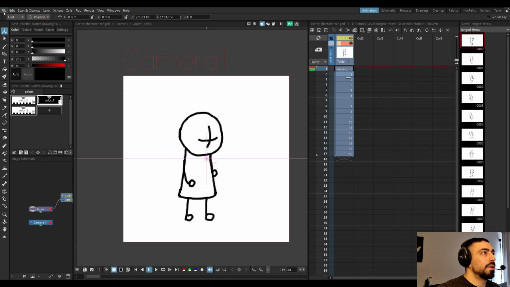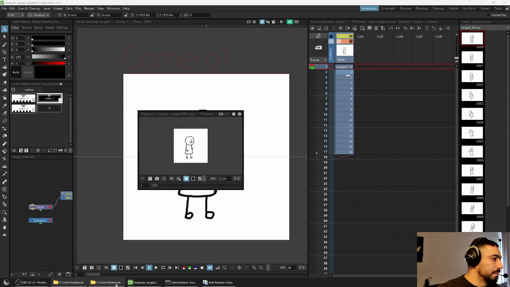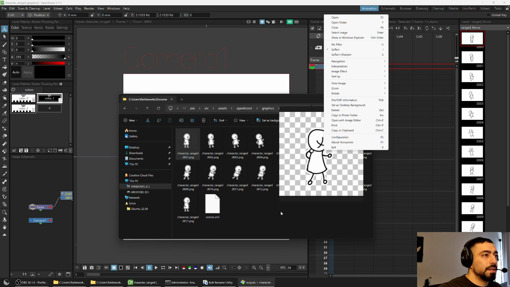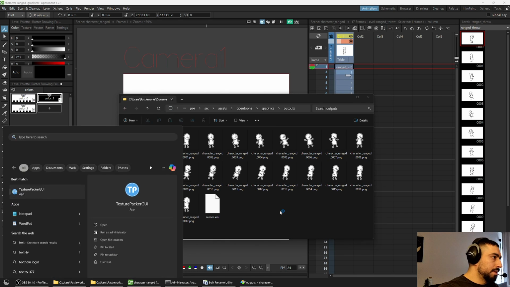And now we can export. No, we should render it out. And then we can see what it looks like. It should have an outline now, which it does. Yeah, this is very neat. This is very cool. Now, next thing I'm going to do is